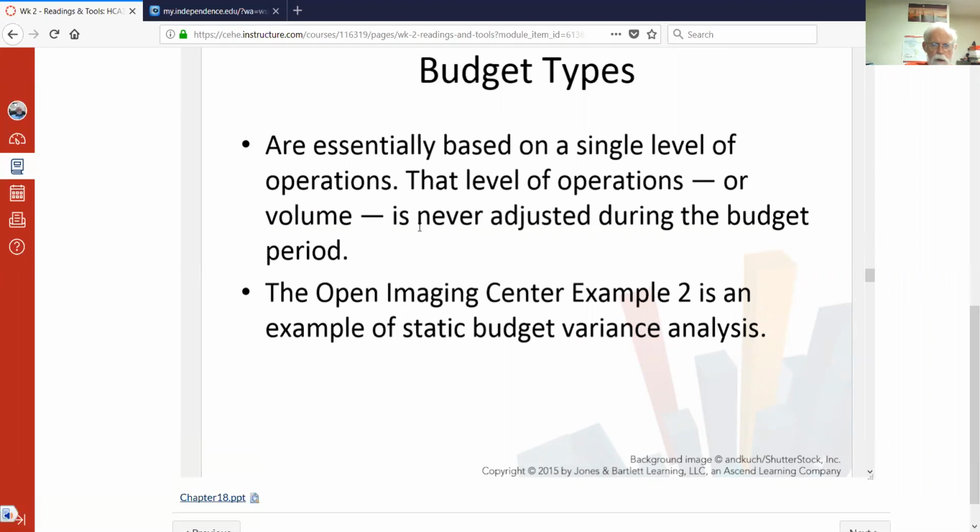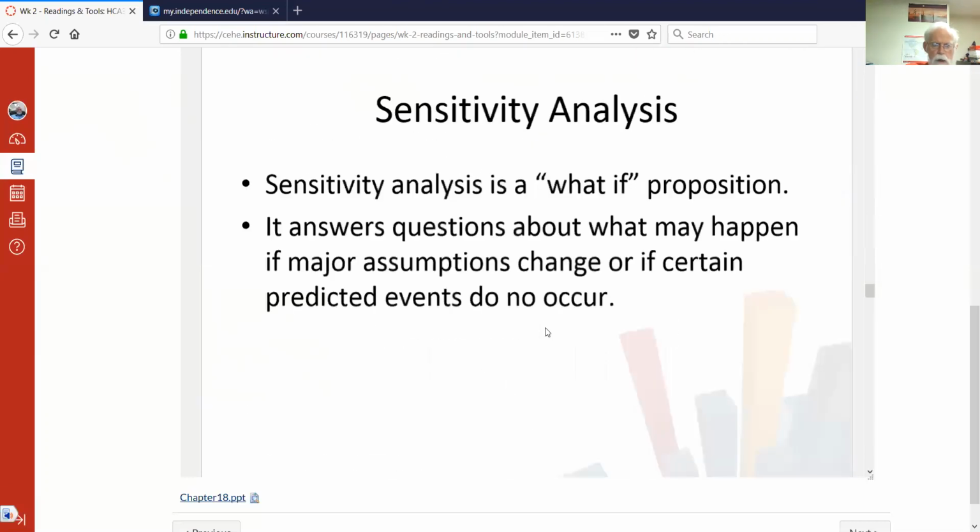Fixed budgets are based on a level that's never adjusted during the budget period. So we look at this to take a look at another side. We know that variation is going to occur. Budgets are estimates. They're almost never perfect,